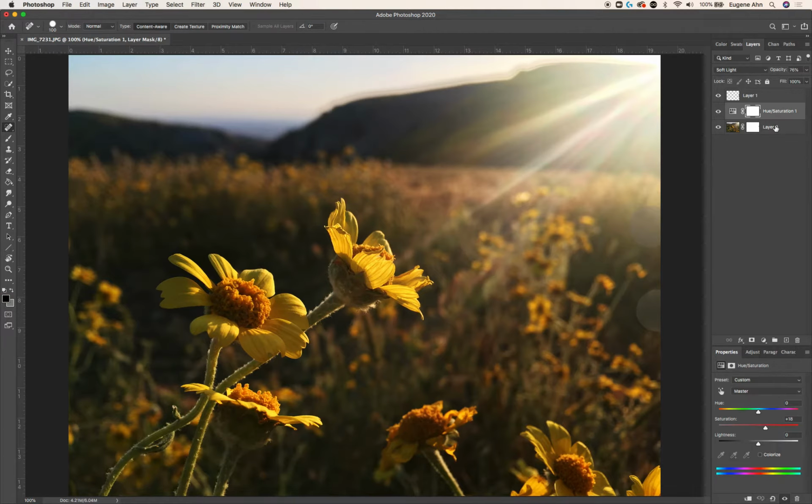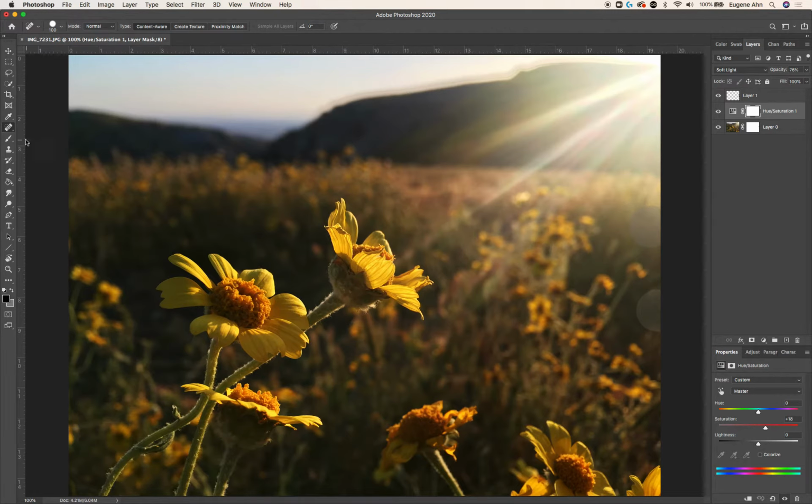So that's the example of hue saturation. Now you'll see on this hue saturation layer, there's the layer mask thumbnail. Well, what this means is I can now not only apply an adjustment that will give me a non-destructive modification to this image, but I can also use a mask to control where this adjustment gets to show up